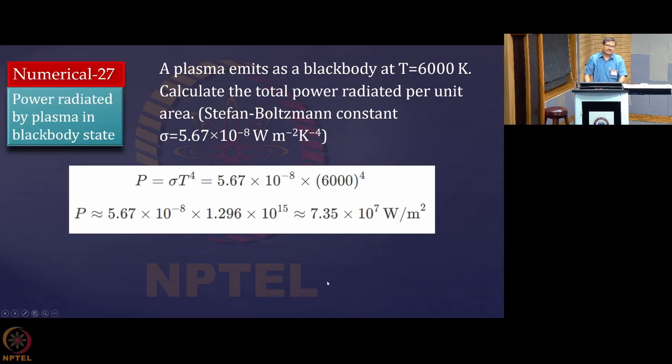Such a kind of plasma you can find in the corona region of the sun. There the temperature is quite low compared to the core, and the power radiated per unit area may be a bit more than that, but nearly similar. This is just to give an idea that if it is radiating as a black body at this temperature, the power radiated is of the order of 10 megawatt per meter square. So this is quite high if it is radiating as a black body.